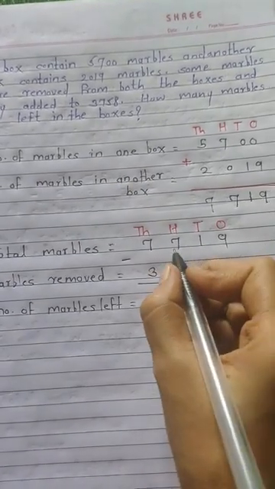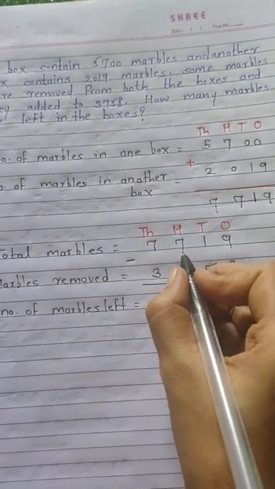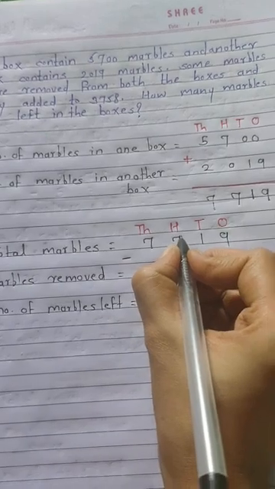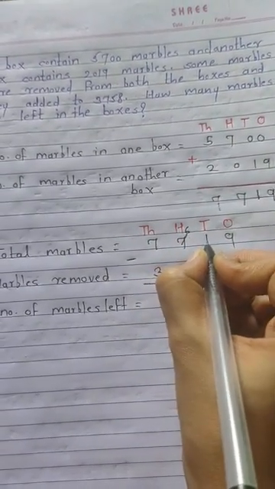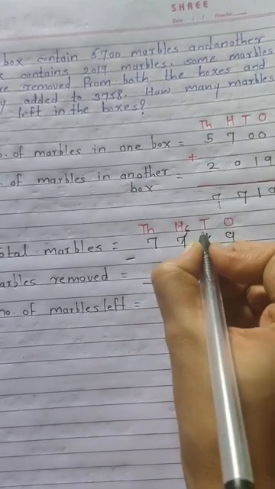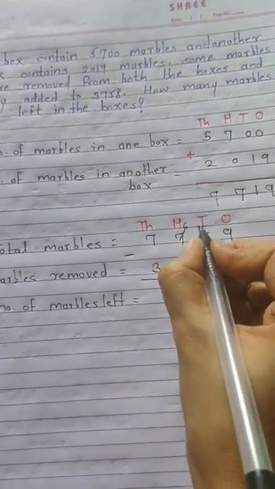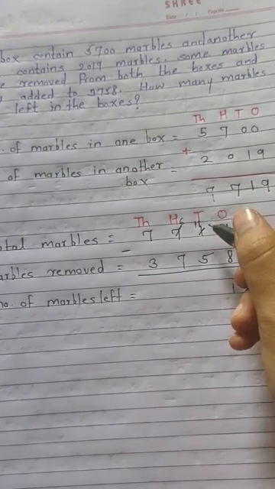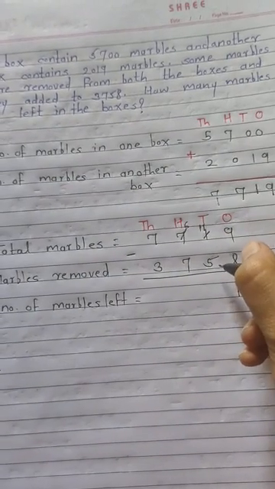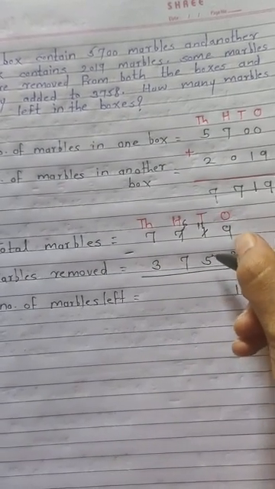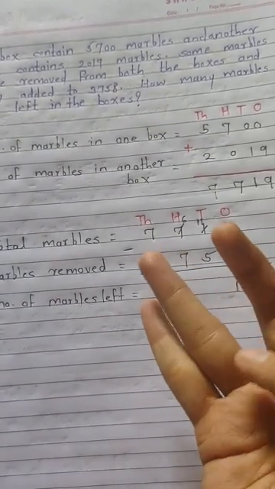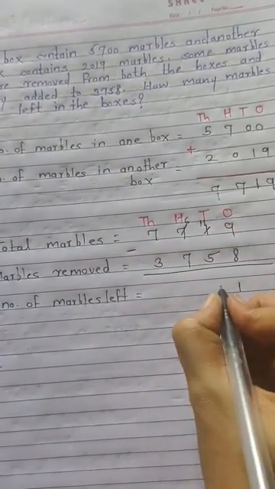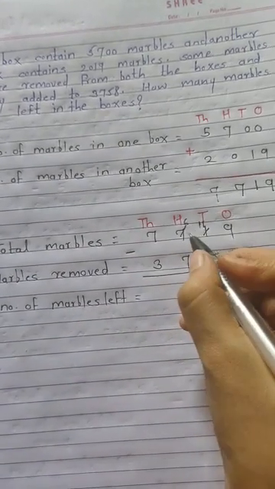So we will take a borrow from its next number. Its next is 7. 7 can give us 1. So how many remain here? 6. And here will be 11. So now the first number is bigger than the second number. Yes. So subtraction will be possible. So after 5: 6, 7, 8, 9, 10, 11. How many? 6. So we will write over here 6.